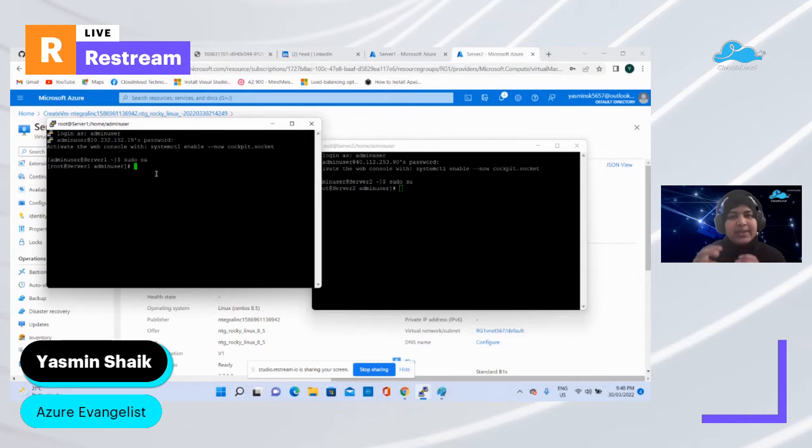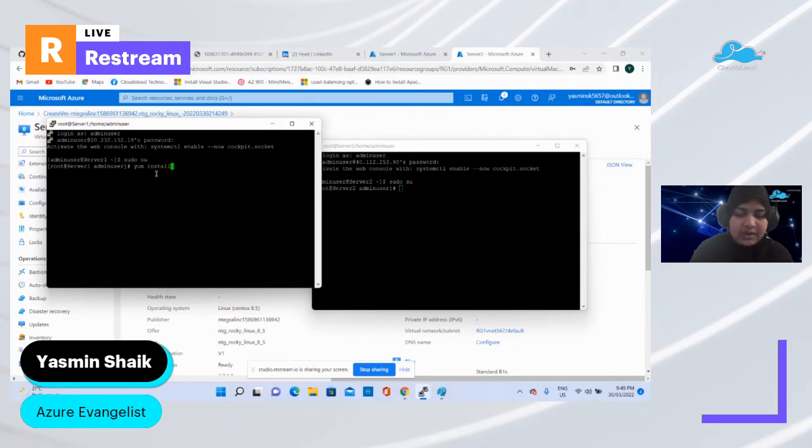When you select your image for the operating system, along with your image, there will be some application packages that automatically get deployed with the image itself. What I wanted to do is install one of the web server applications. So now I'm going to install the Apache server service here. If you want to use Nginx, you can do that as well. I am okay with installing Apache server, so I'm going to install that.